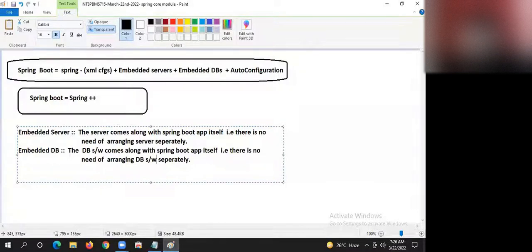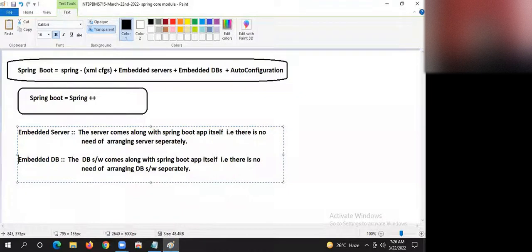So nice, na boss. Your setup is a minimum setup. With minimum setup, you can complete the development. But after releasing the project, anyhow they will use separate servers and separate databases. So that means the developer need not have multiple software with him. Just Eclipse, which has support for Spring Boot, is more than sufficient or not?